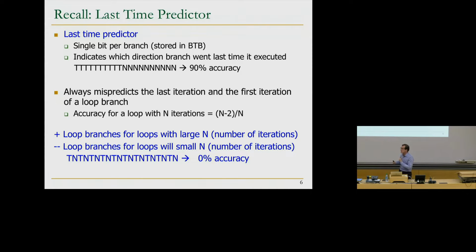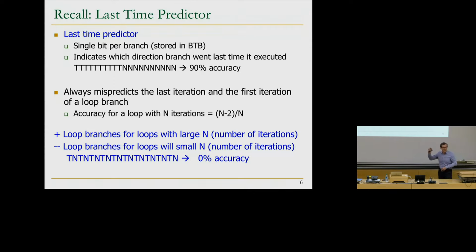The direction the branch took the last time it was executed. So you can think of these as patterns like this also. How do you predict these patterns, in a sense? If a branch basically has this behavior, taken, not taken, taken, not taken, last time prediction clearly will not work. Exactly. In fact, if you know this, you should really do exactly the opposite of what you did last time,